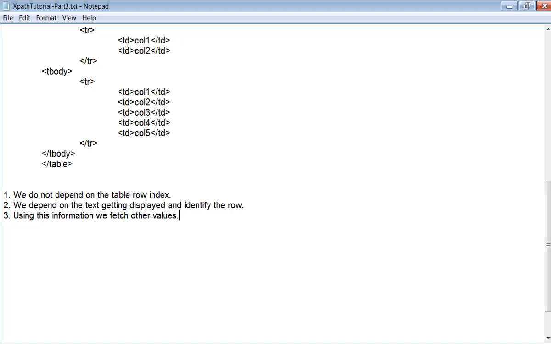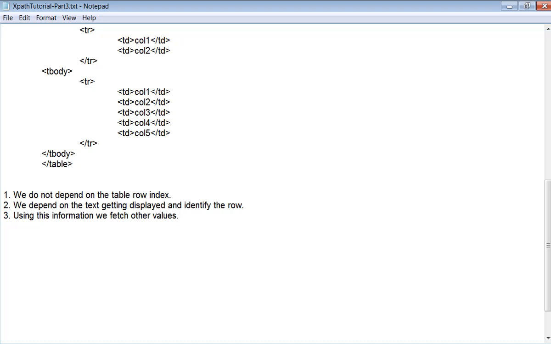In the case of XPath axes locators, we have to focus on these 3 points. We do not depend on the table row index. We depend on the text getting displayed and identify the row. Using this information, we fetch other column values, like current price, previous close, percentage change. You can fetch any value. The same principle I'll follow right now.